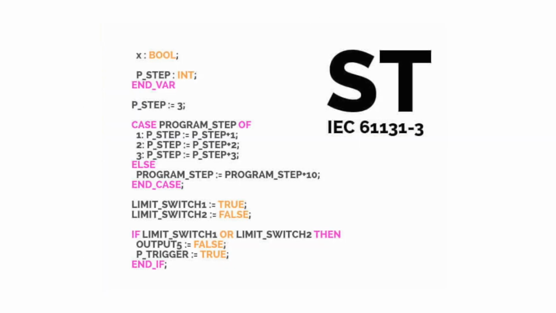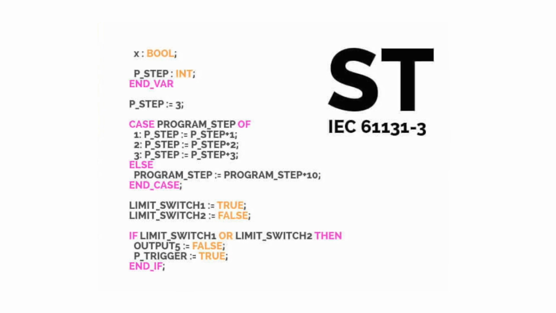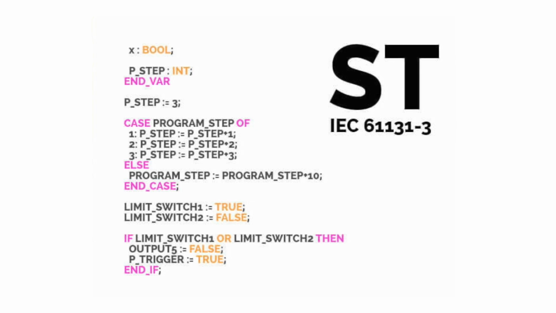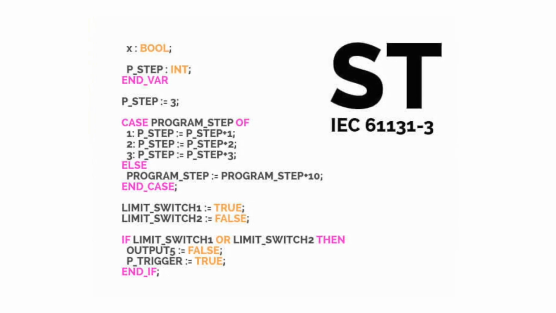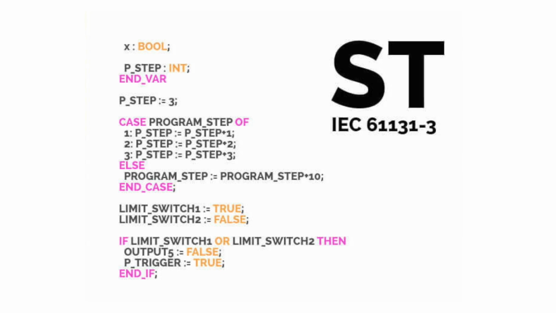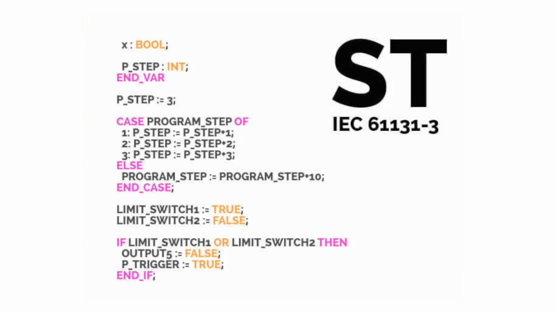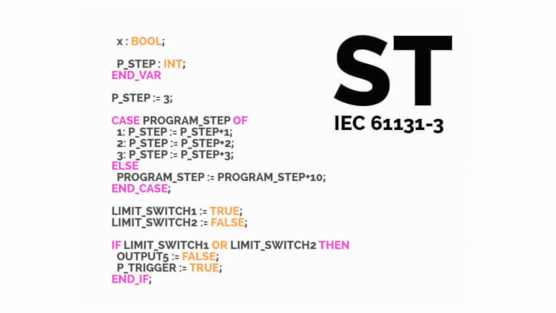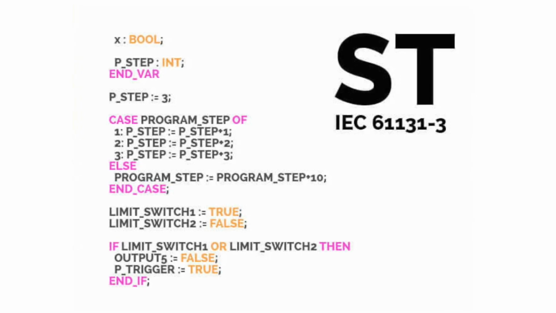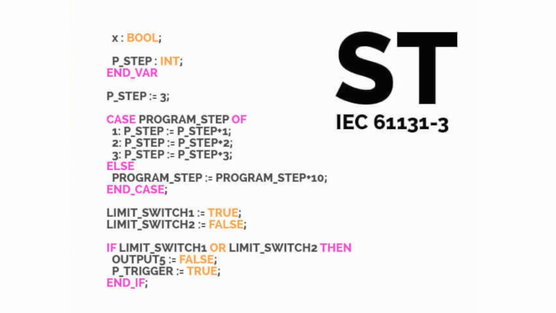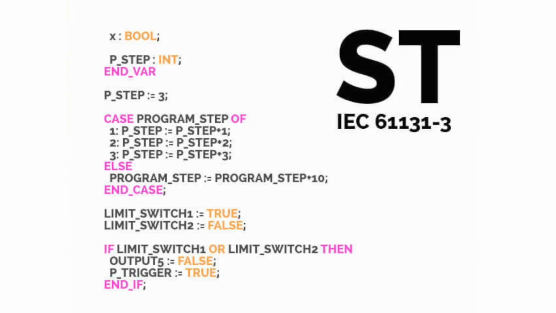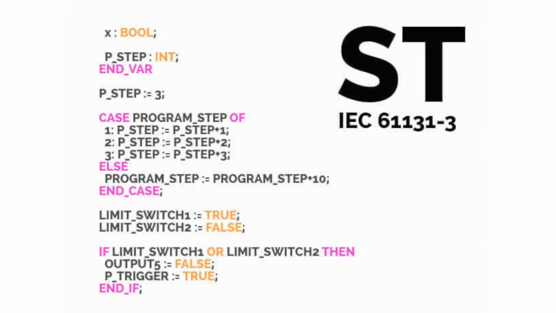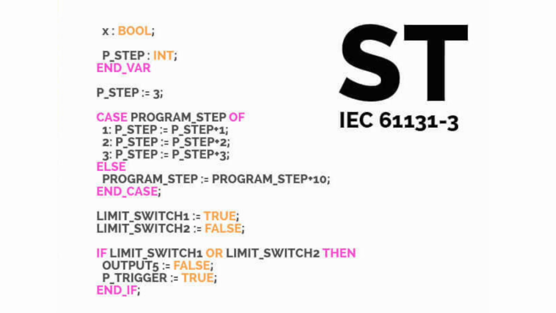Now, the third type is the Structured Text, ST. The Structured Text ST is a high-level textual programming language which is similar to Pascal. It uses statements and control structures like if, while, and case statements for its programming. It is ideal for complex mathematical calculations, algorithms, and data manipulation. Mainly, the structured text programming language is used where extensive and complex logic is required.